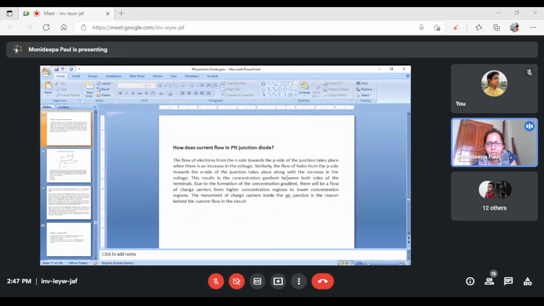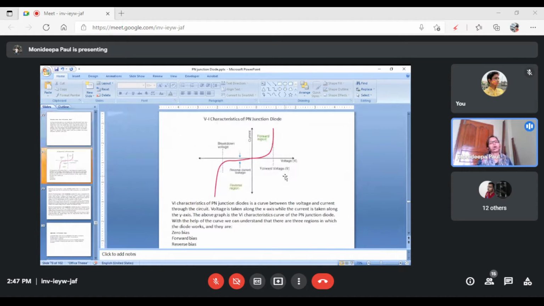Next is the VI characteristics of the p-n junction. I already discussed that in the reverse bias condition, if we increase the voltage, the semiconductor device will be damaged. So this happens in this case. Okay. This graph comes from the forward bias condition, and this graph shows the reverse bias condition.